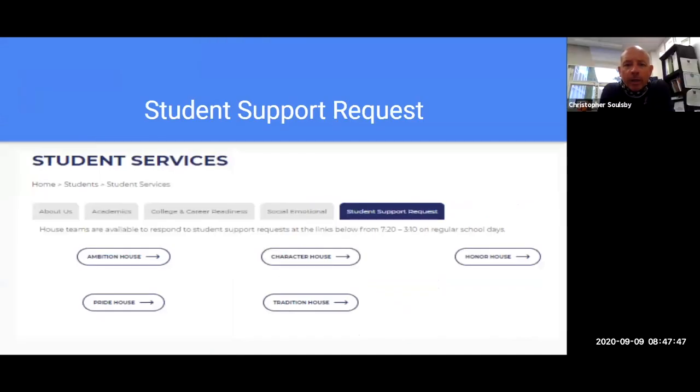Something new that we've done this year is within that student services tab, there is a student support request. This is something that can be accessed by parents, by students, or staff members here. You can see it's organized into the different houses. We're going to show you in the next few tabs a little bit more detail of what it looks like. But this is not a confidential situation. This is something where you will be requesting information for immediate assistance, and Mrs. Jacobson is going to go to the next slide,